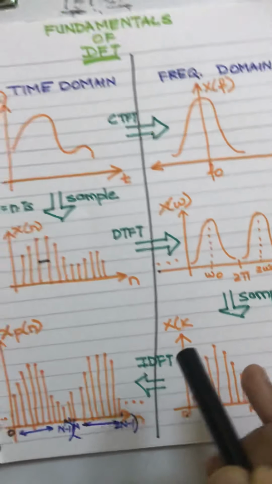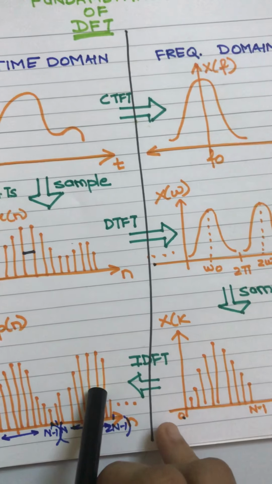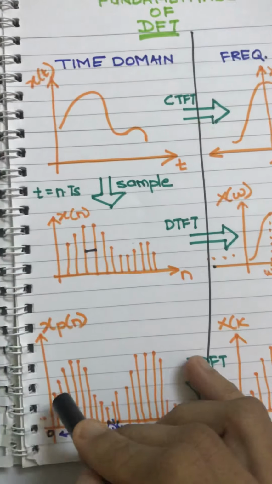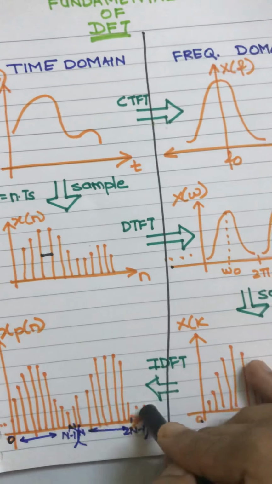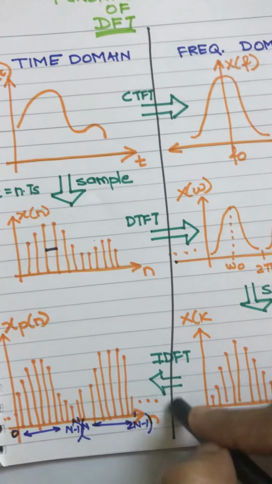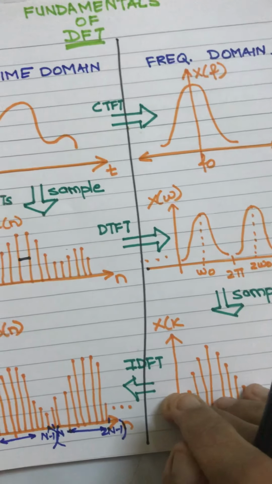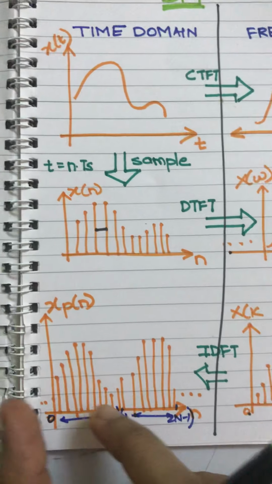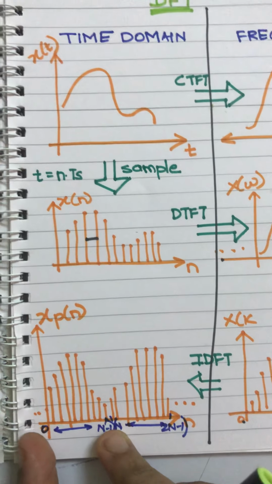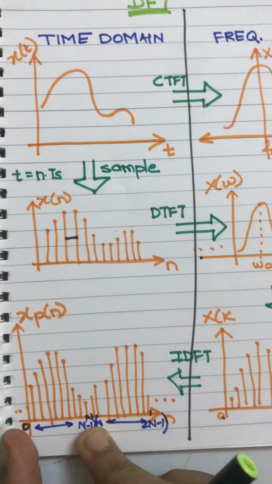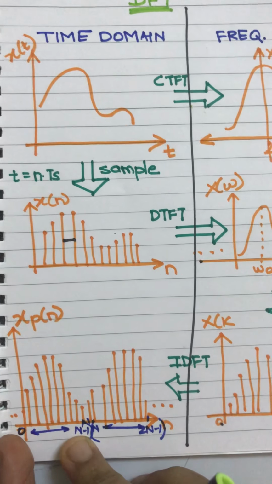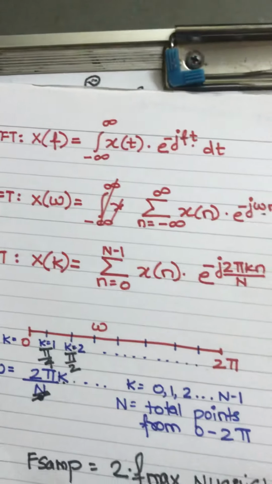And when I convert this into a time domain signal using the inverse discrete Fourier transform, you will see that images of the original signal are created. Again, here we won't be working with the images, we will be working only with a unique signal over the range of 0 to N minus 1. Clear? That is it.